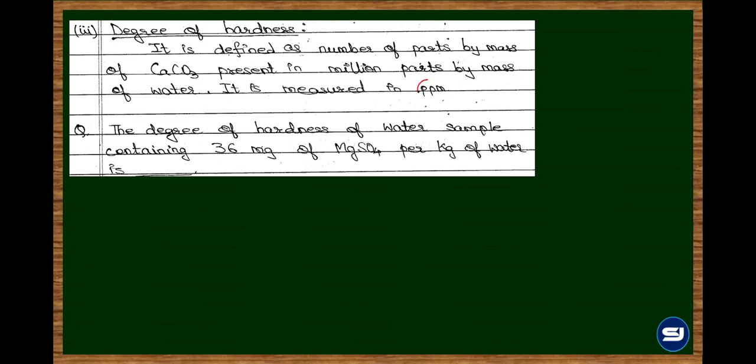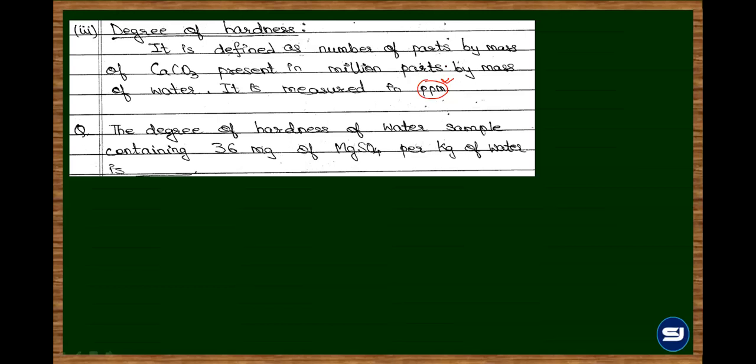So it's measured in ppm. This we have already understood. ppm is parts per million. If the concentration of the solute is in very small proportion, the concentration is always measured in parts per million. Similarly, जो hardness है उसमें the magnesium and the calcium salts would be present in very small proportion for the overall volume of water taken, and that is why the hardness is measured in ppm. That's a simple reason to it. ठीक है?